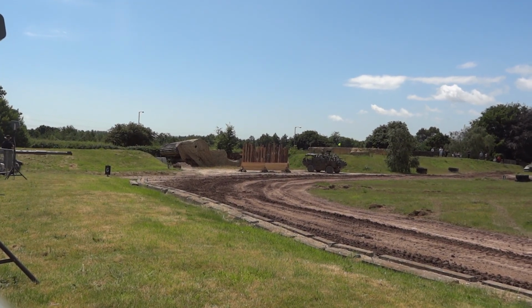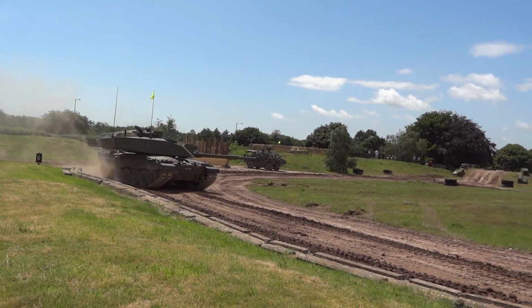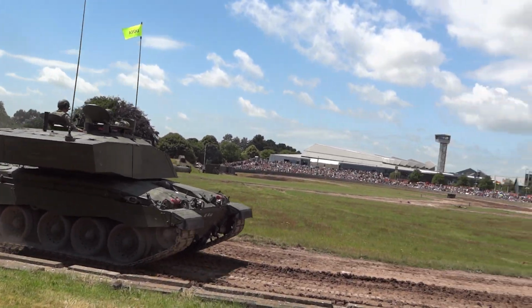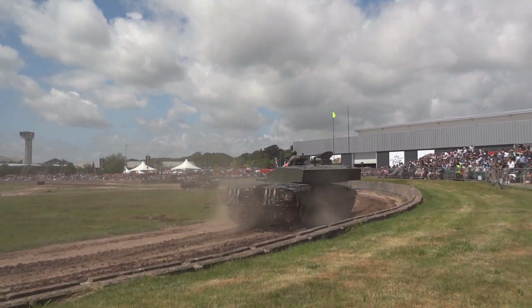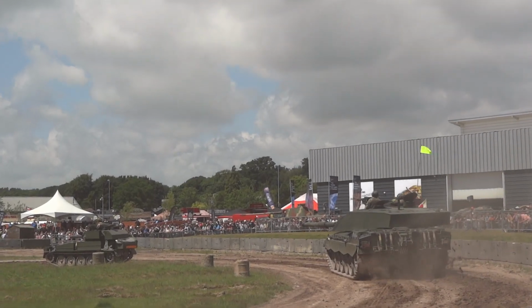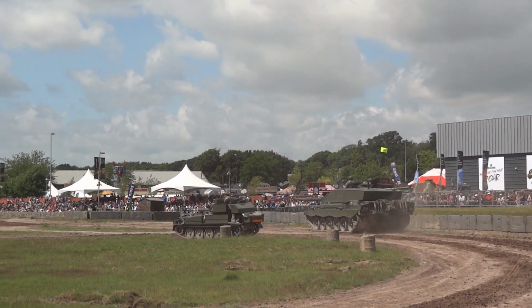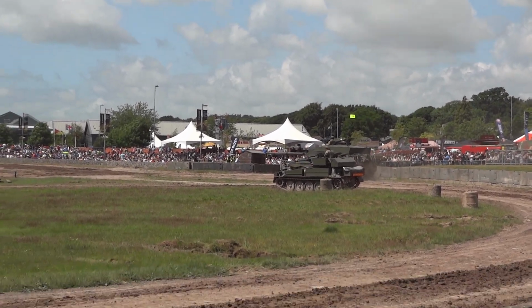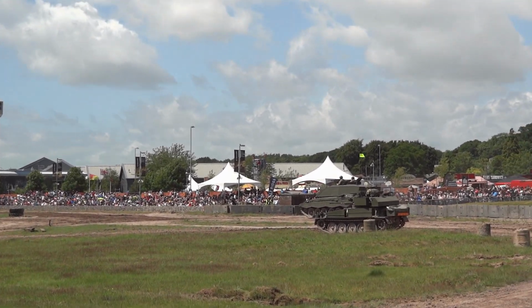See the Challenger 2 moving into a pre-wrecked area to overwatch the engineers as they clear the minefield. The engineers are using Trojan